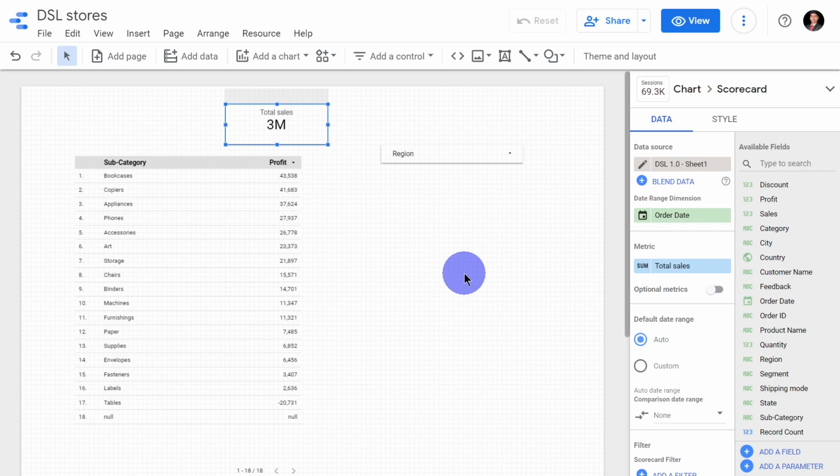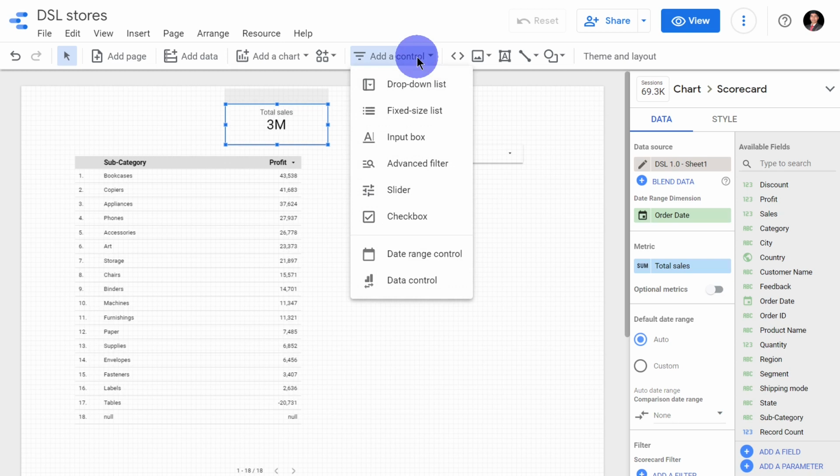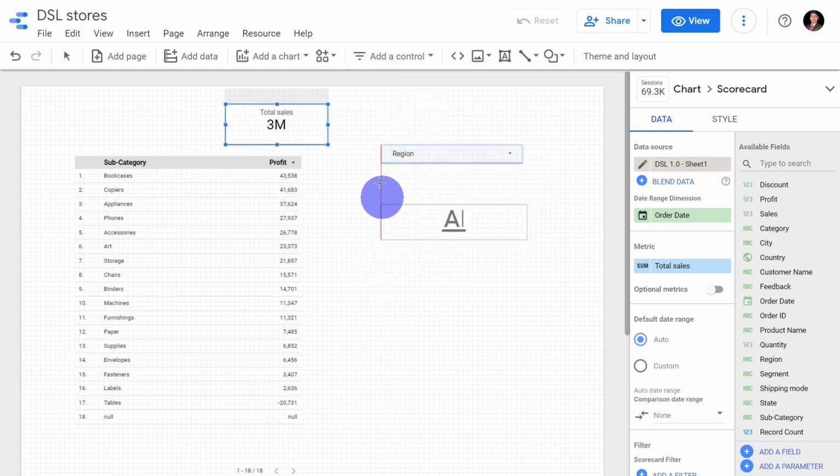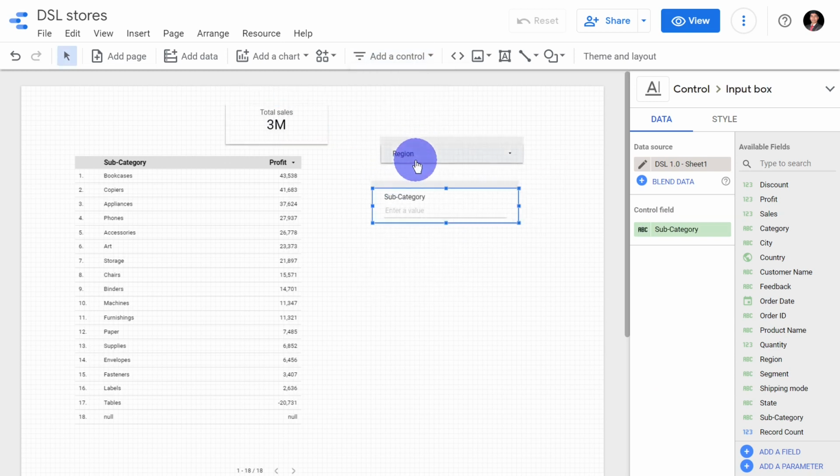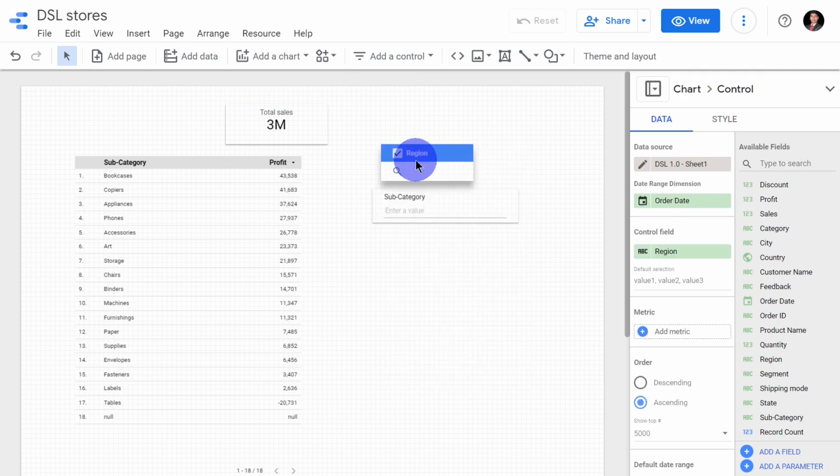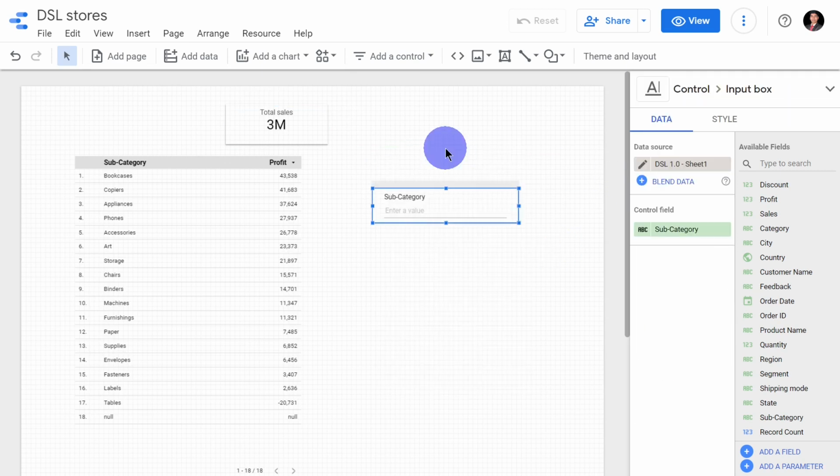Hi everyone. In the last video module, we saw how to use a drop-down control and a fixed size list control. In this video module, we will see how to insert an input box control. So let's go to control, add a control and click input box control, and we'll click here. Okay. We'll remove this drop-down list control, and in this input box control, the only option available is the control